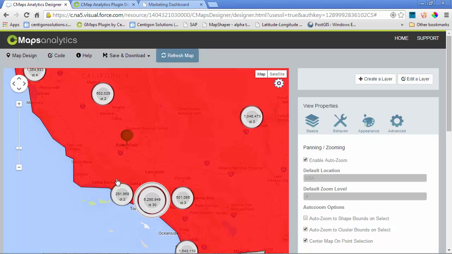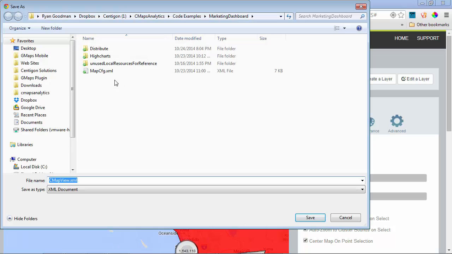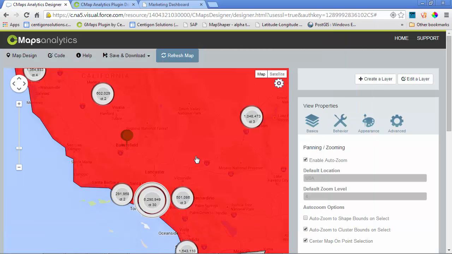into my business data. As always, with CMaps Analytics Designer, we're focused on the business user experience for business applications and dashboards, and we make it as simple as possible to get to that end result quickly so that you can save your configuration file and then publish that right back into your application. So not only does CMaps Analytics Designer make it easy to create content, but it completely streamlines the lifecycle management